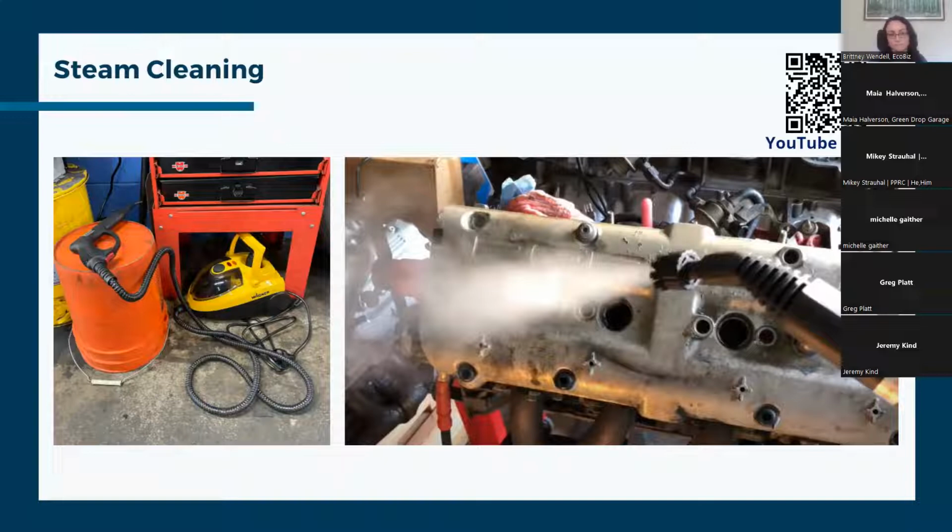And it does require... can be effective. You can even use a little bit of an aqueous degreaser in a spray form to